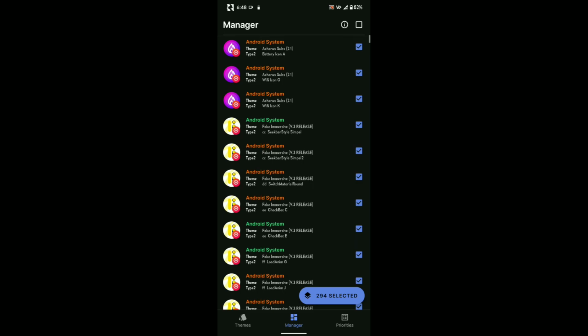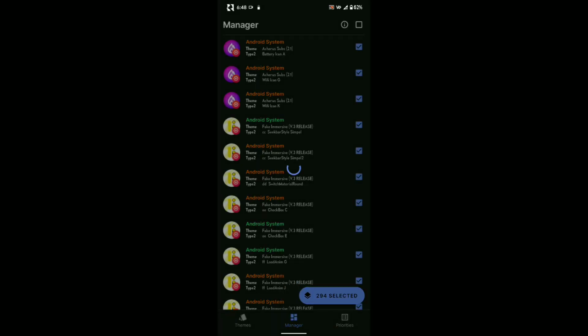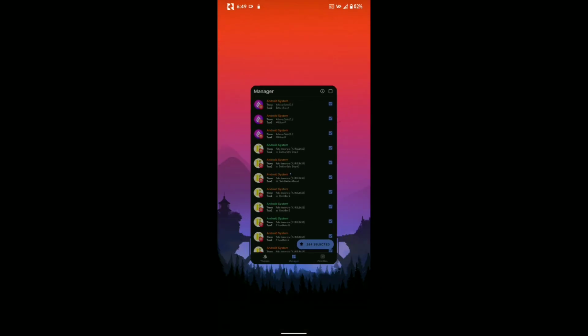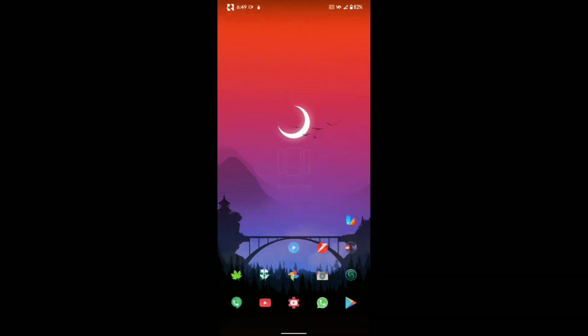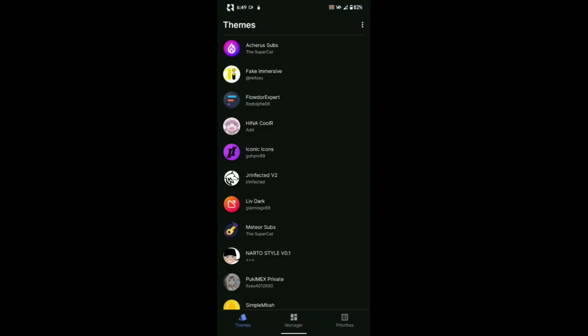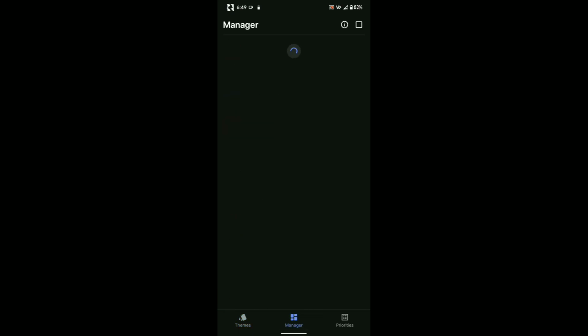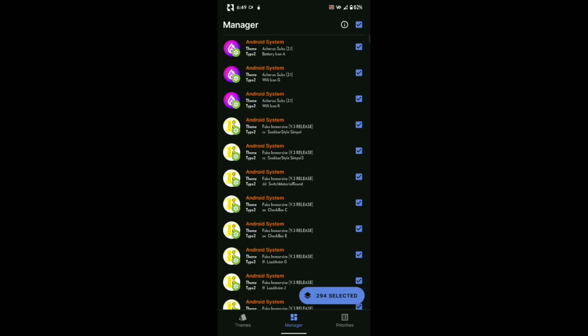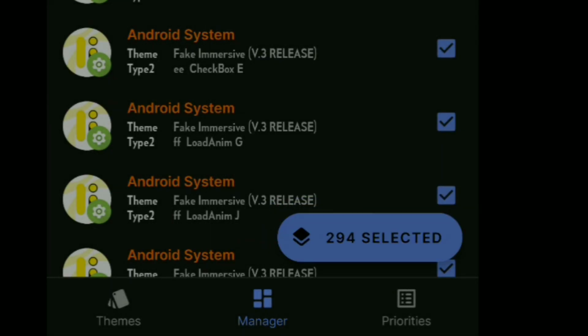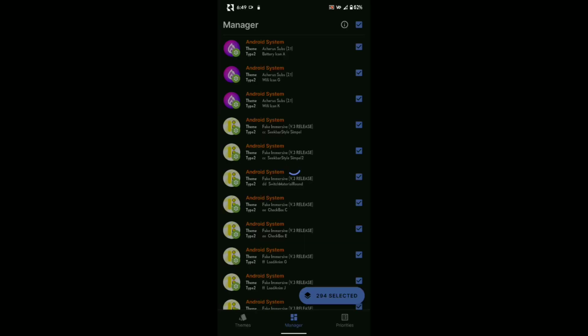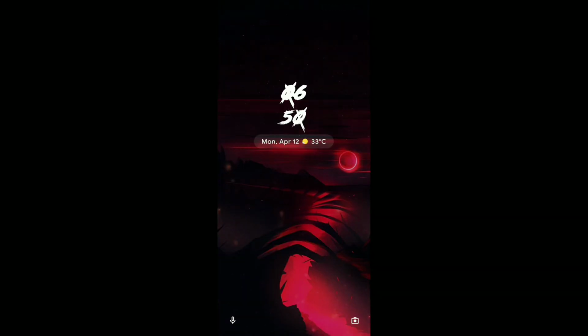And now I will uninstall all of the installed modules. Also make sure to restart Substratum, otherwise it won't work. If you don't restart, then you will get this infinite loading screen. If you did something like this, then don't worry, just close the app and then go back to the Manager tab of Substratum Lite and then select all, then hit Uninstall Selected. Then after that, all of the overlays that you installed will be nuked.